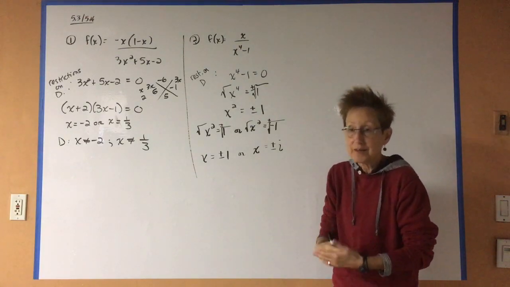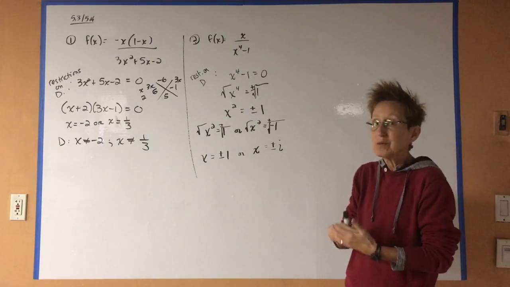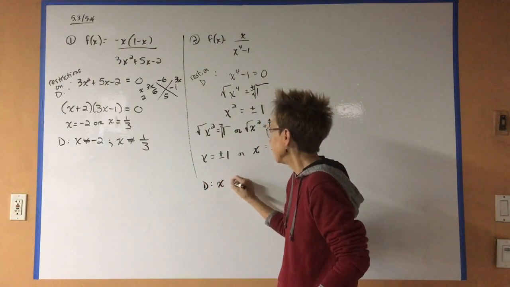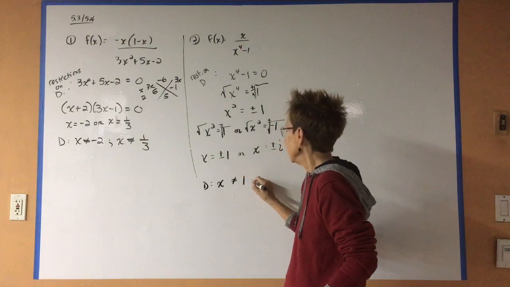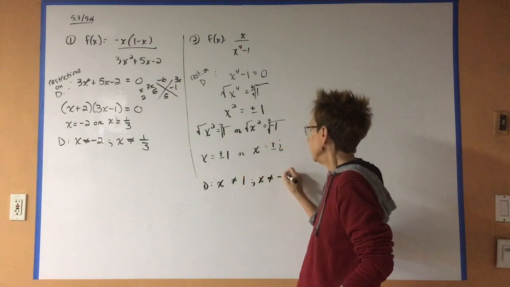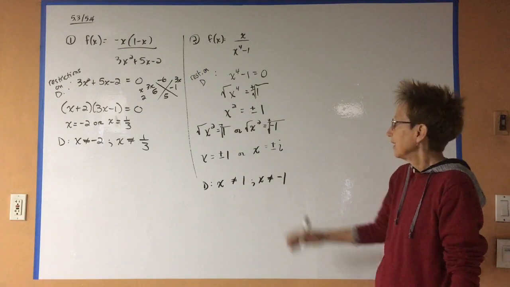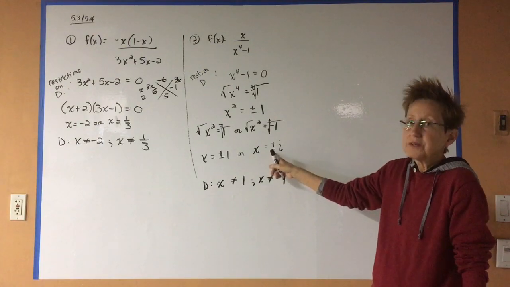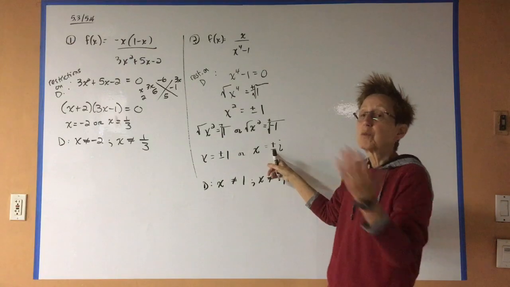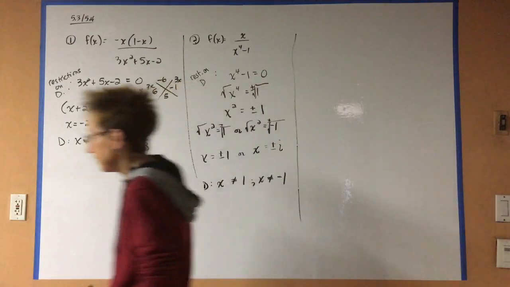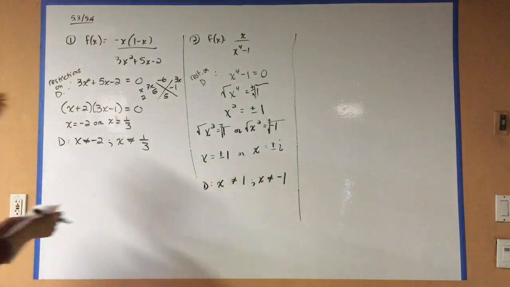Which ones do I care about when I'm talking about domain? Only the real ones. So my domain is that x cannot equal 1, x cannot equal -1. And you could say plus or minus 1 if you wanted to. These guys aren't real, so I don't need to consider them because the domain is over real numbers only. So there's my domain for that one. And then the last one